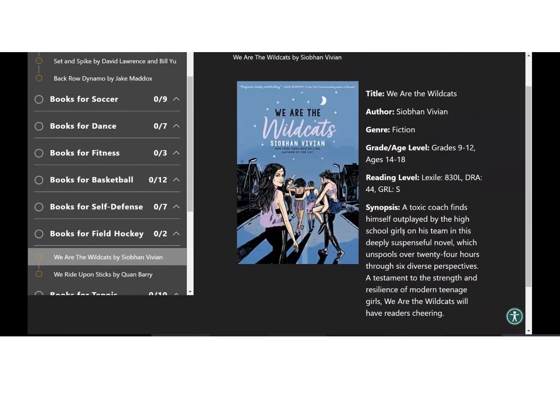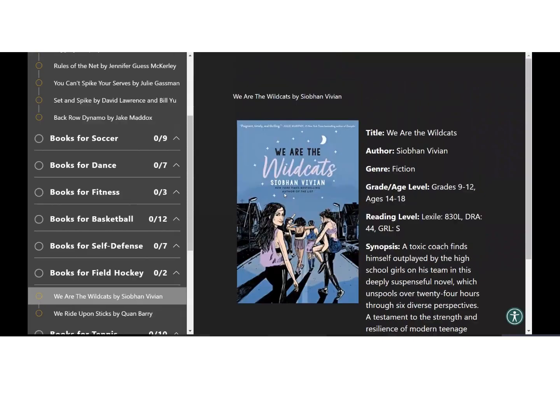I have the grade and age level. I've got reading level. I tried to use reading level metrics that were a little bit more widely used, because I want everybody to know at a glance, librarians, patrons, families, whoever, if this book is appropriate for the person it's intended for, and if it will really help support their interest.